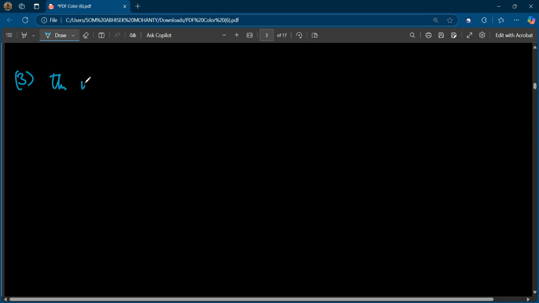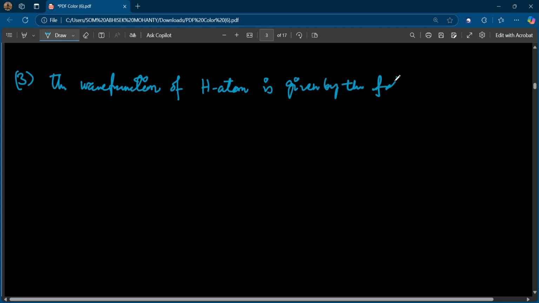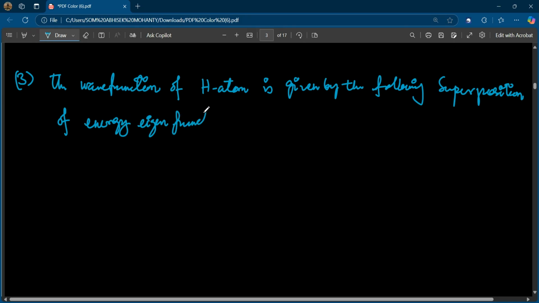The wave function of a hydrogen atom is given by the following superposition of energy eigenfunctions,